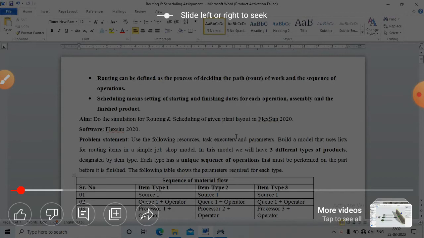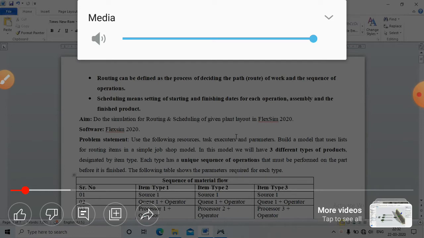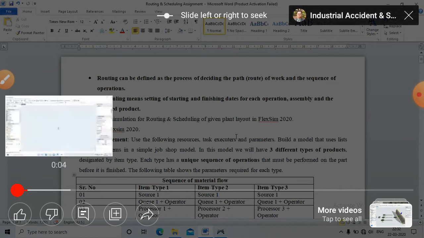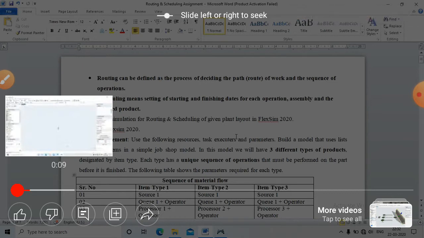Routing and scheduling is a basic step of PPC, that is production planning control. Routing means the process of deciding the path of the worker and the sequence of operations, and scheduling means the start and finishing date or time for each operation, assembly and the finished product. In short,